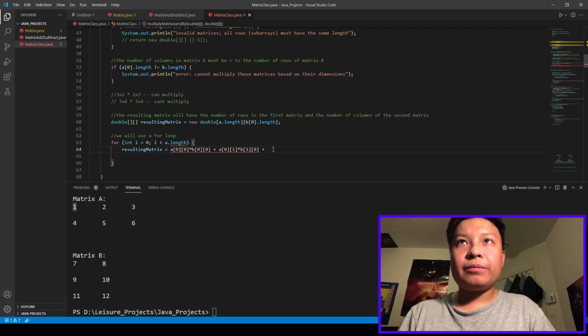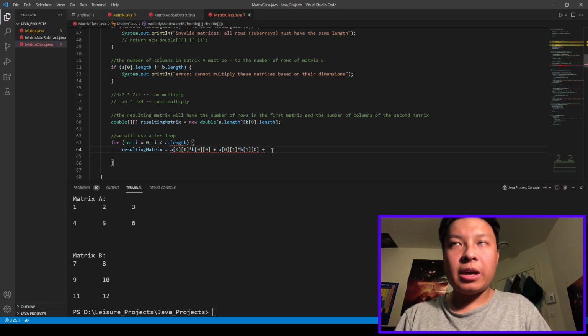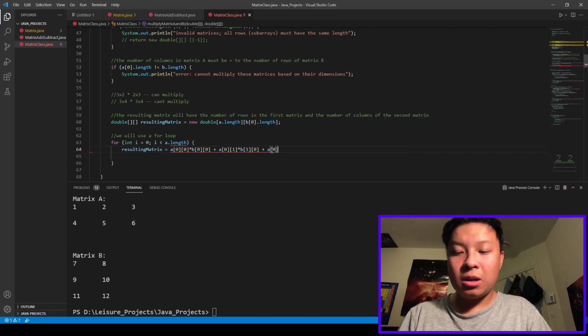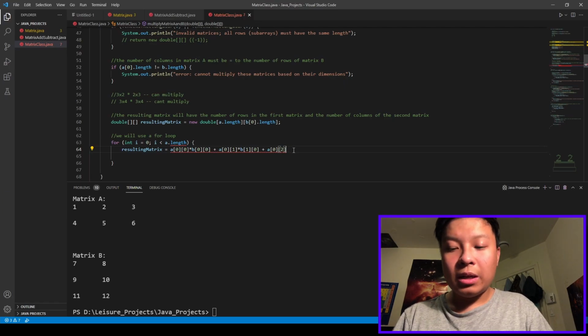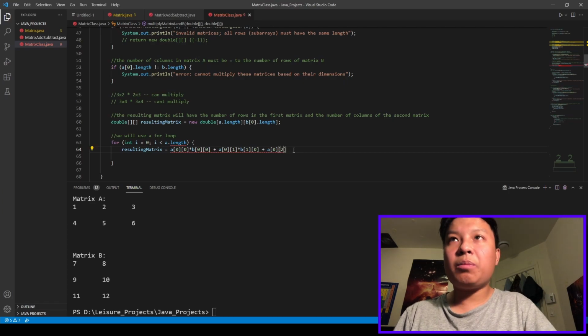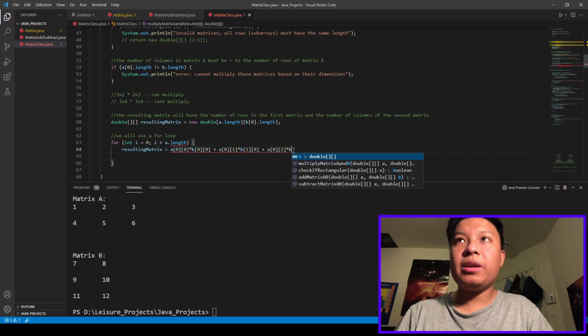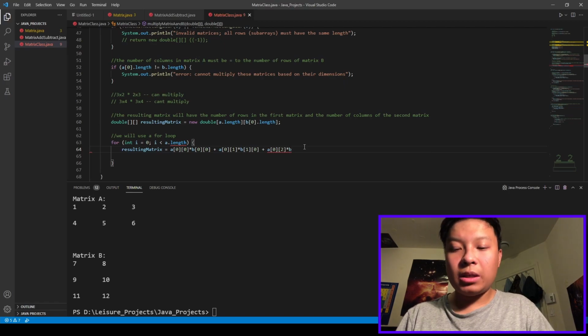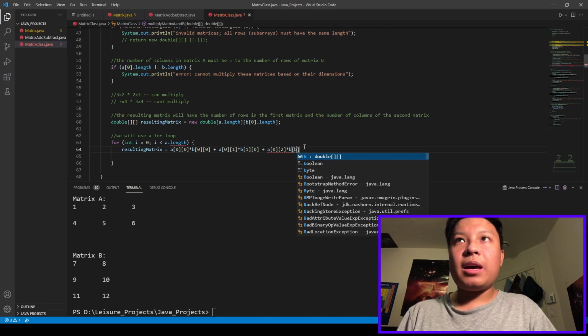And then you take, to multiply 3 by 11, you take the A and then access the first row still, but the second column, the third column, I got mixed up with the indices. And you times that by B, and you times that by B,